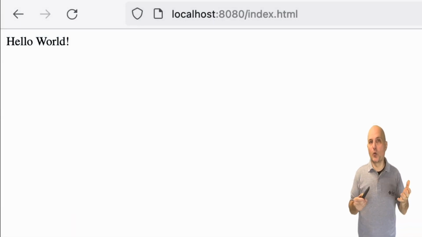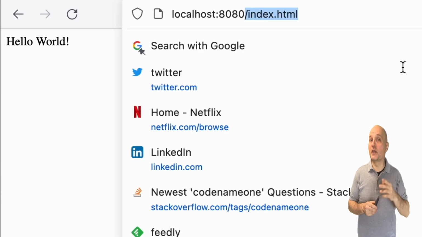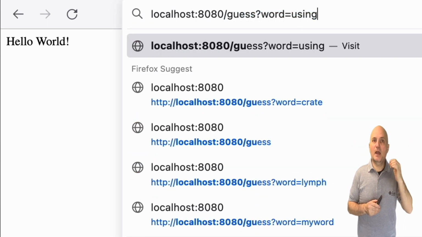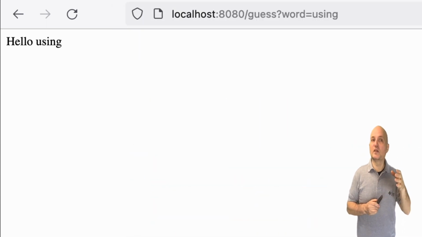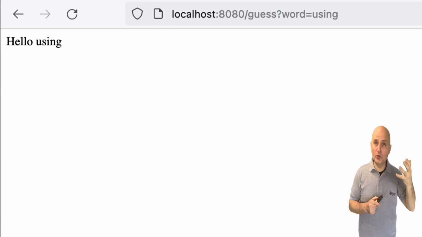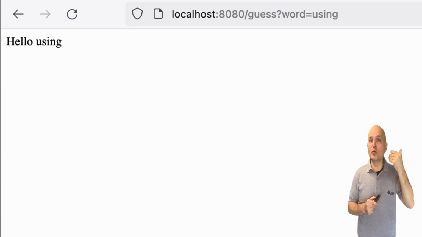The original hello world works as before, but we can now type in guess and give it a parameter using the question mark notation. This is called a get request, and notice that the result adapted to our request and returned a string as expected. The word using was passed to the code and it was able to make use of it.